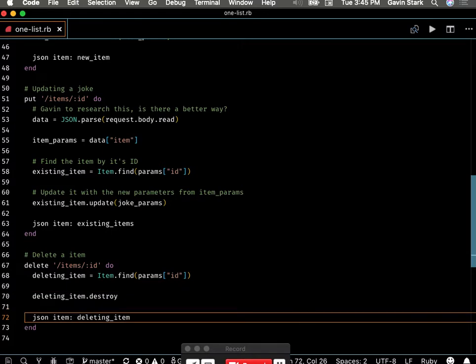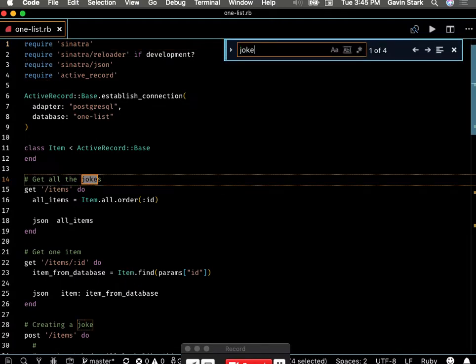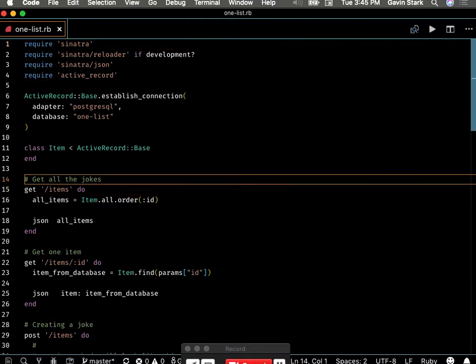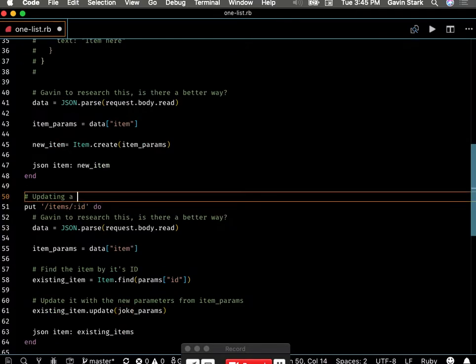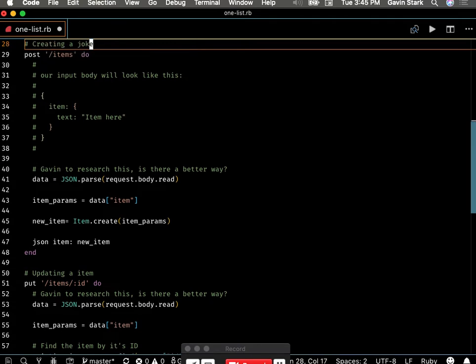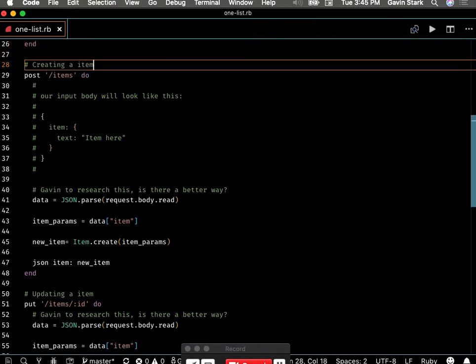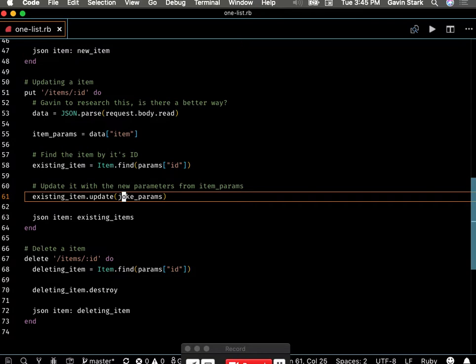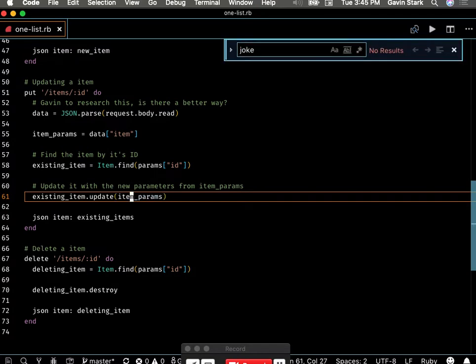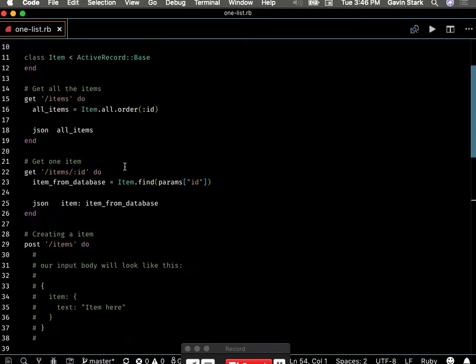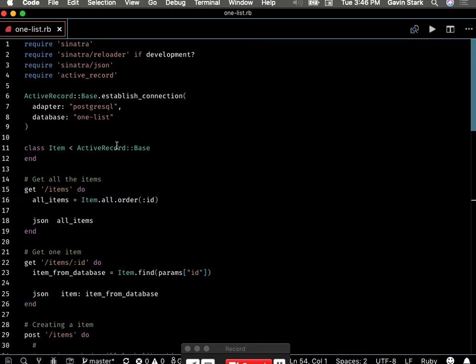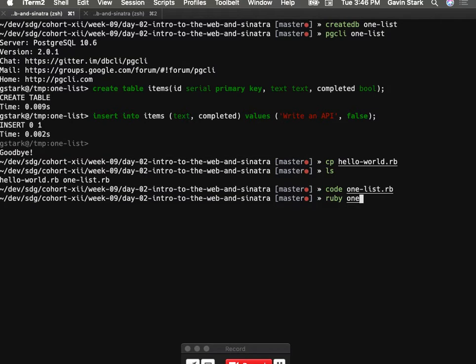So hopefully... Get all the items. No more jokes. Ha ha ha. So all we did was change joke to item pretty much everywhere, and we changed the database to one list. So if we run this,